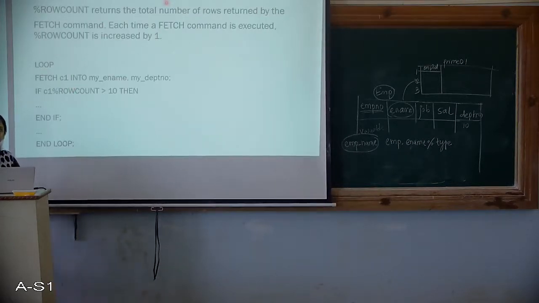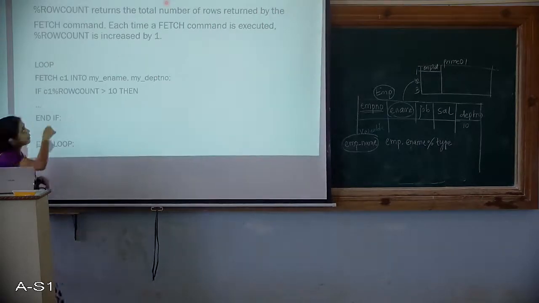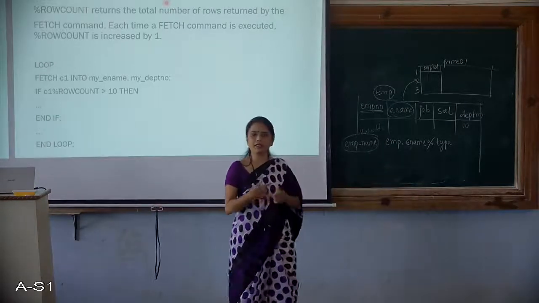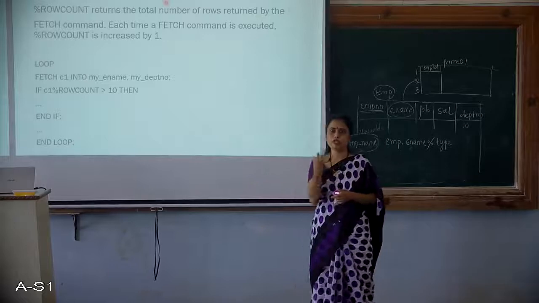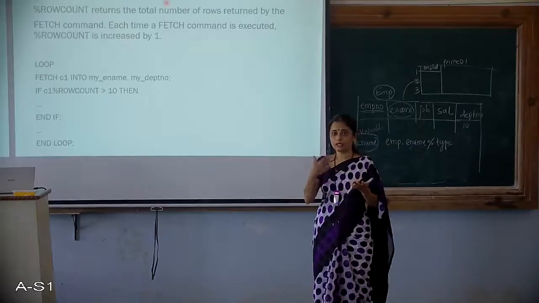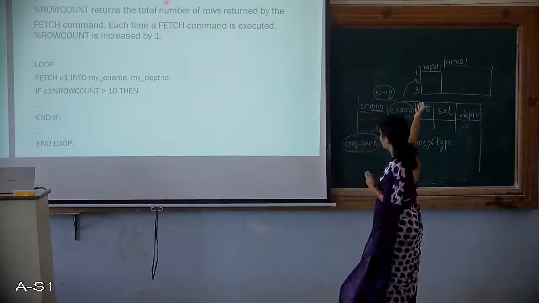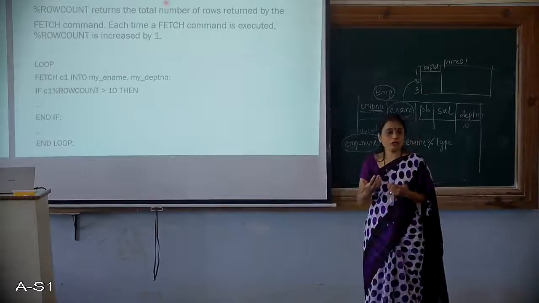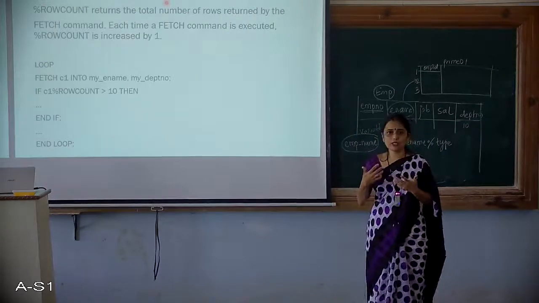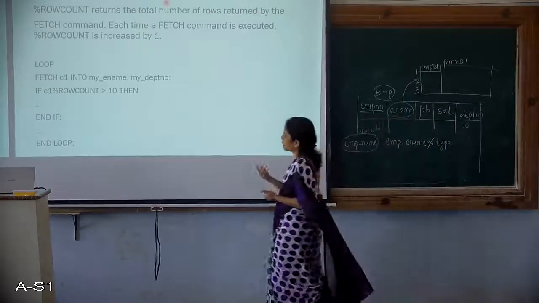Then there is row count. I can simply keep on counting how many rows are being extracted with the help of the clause that is %ROWCOUNT. So it will keep on incrementing as and when I extract or fetch the data. The count will keep on incrementing, so I can keep on counting how much data. Here I could count on fingers that there are only 3 tuples, which may not be so when it is real-time data. So there is a clause which will help us count.